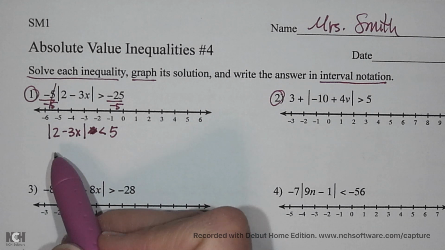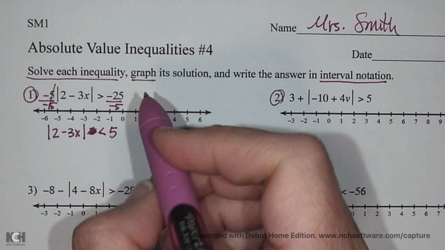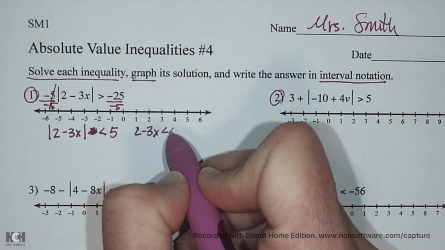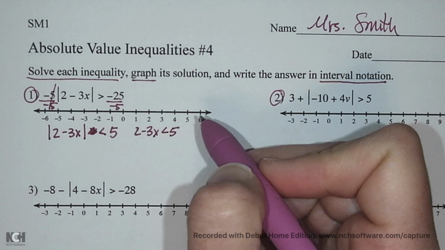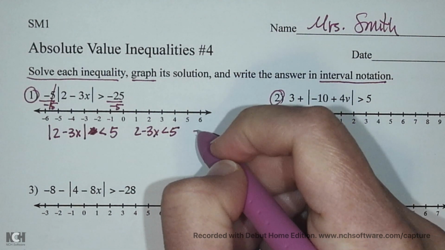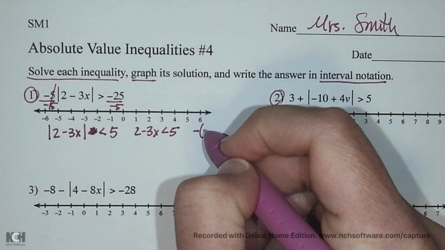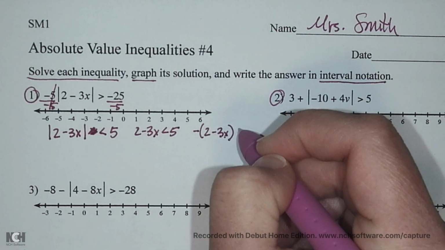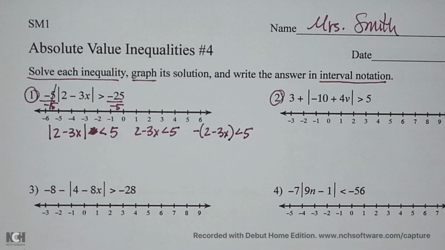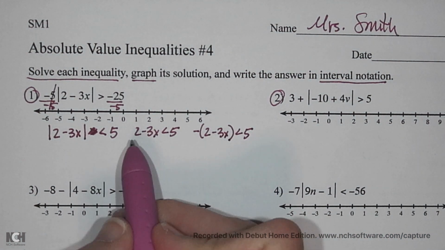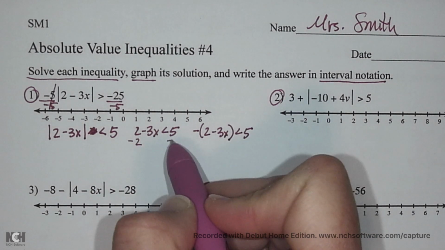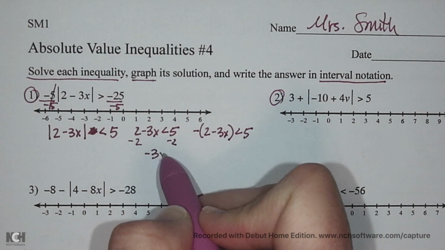So we need to split this guy into two separate things. So we're going to do 2 minus 3x is less than 5. And we're also going to do the negative version of that. So negative, make sure you use parentheses here, 2 minus 3x is less than 5. Okay, let's start by solving this one. Get rid of that 2 first by subtracting it from both sides, and you're left with negative 3x is less